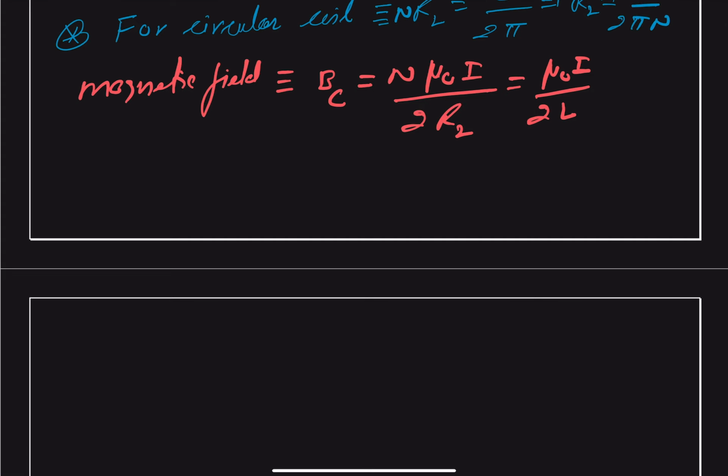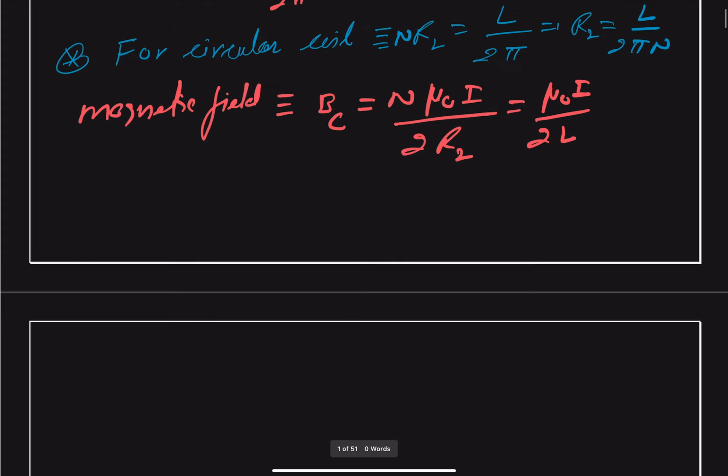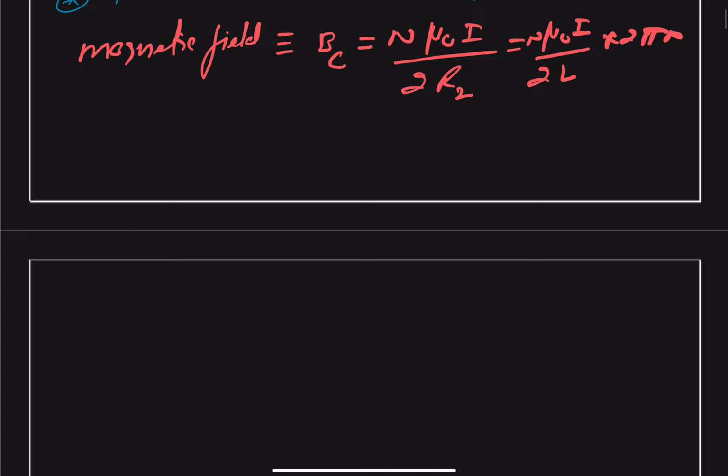Okay, now it's the correct one. So this comes as L upon 2 pi n, and here is also our n. So we can write,